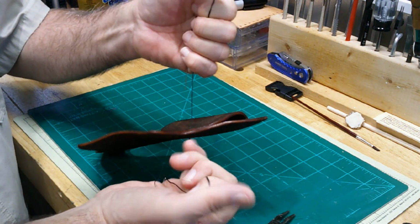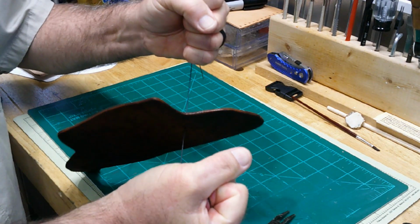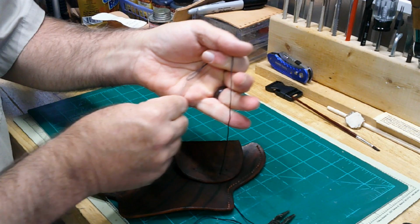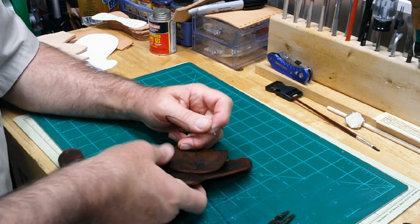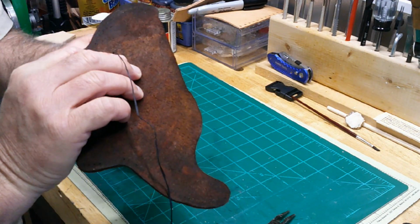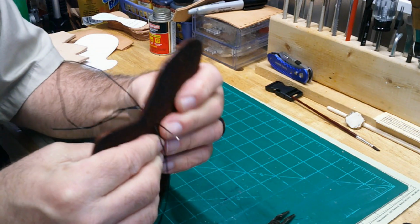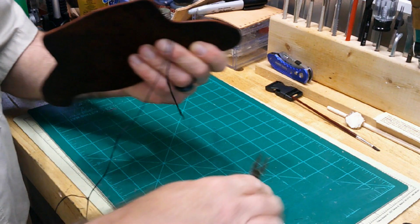So we put the needle through both sides. Now when you pull that tight from both sides, now that's locked in. Especially that first stitch is good and locked in. So now our holes that we punched through both pieces of leather, or both sides of the leather, should be lining up much easier now. You can see now that's going through both sides and the holes are matching up. So as we get through that second stitch and get it locked in, that pulls that